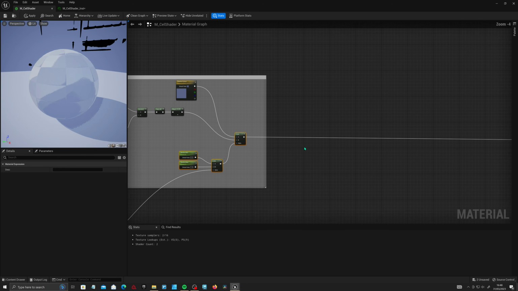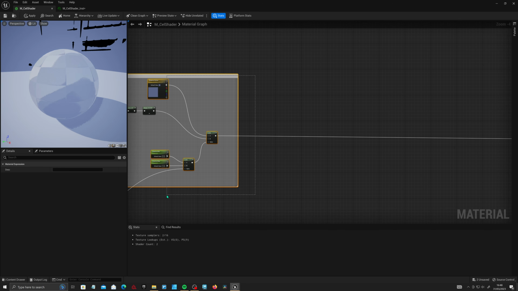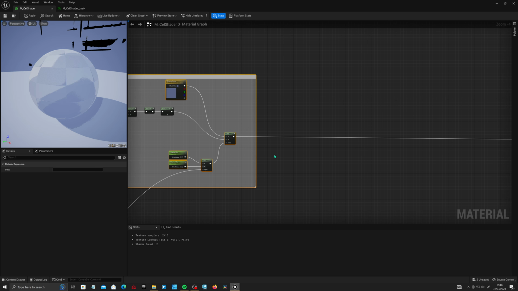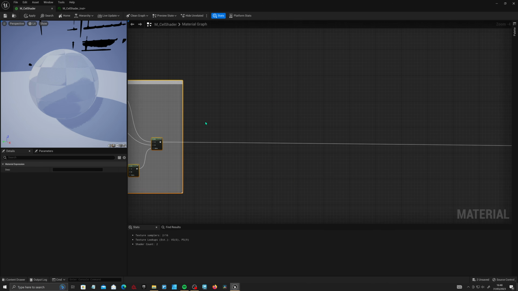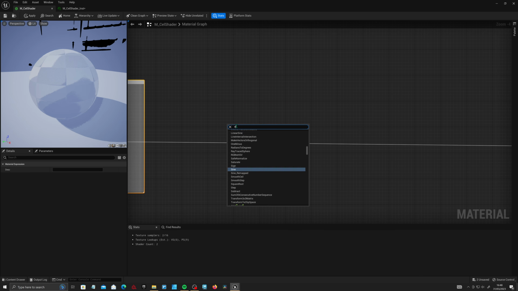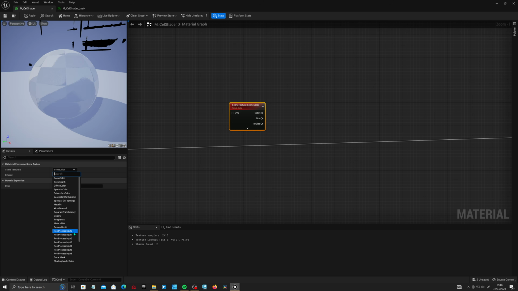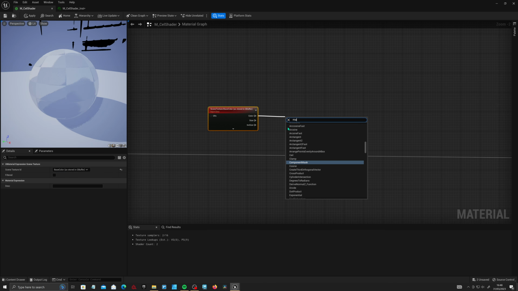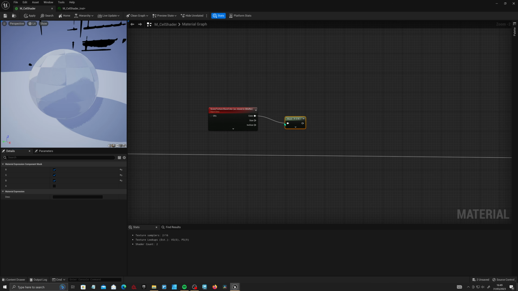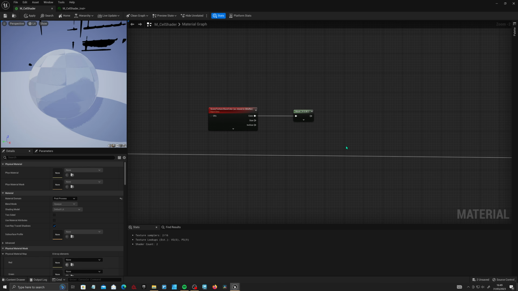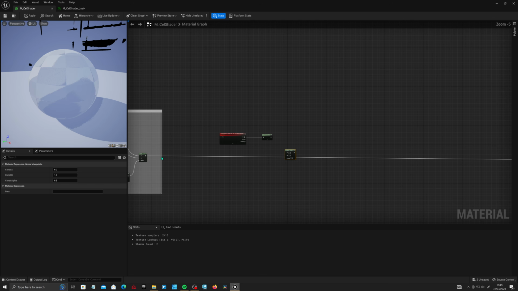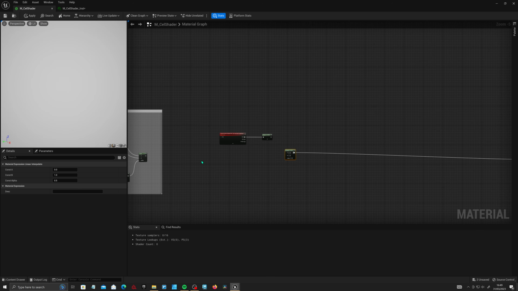Now, another cool trick that I usually use in a lot of my projects is that I like to blend this with either the base color for the pure scene color, and also blend it with the base render. So if we drag over here a little bit and right click and create a scene texture like this, and drop this down and go to texture color as stored in gbuffer, and drag out and mask this to the RGB, and if we create a lerp by pressing L and left clicking, and we connect this guy up here like that,